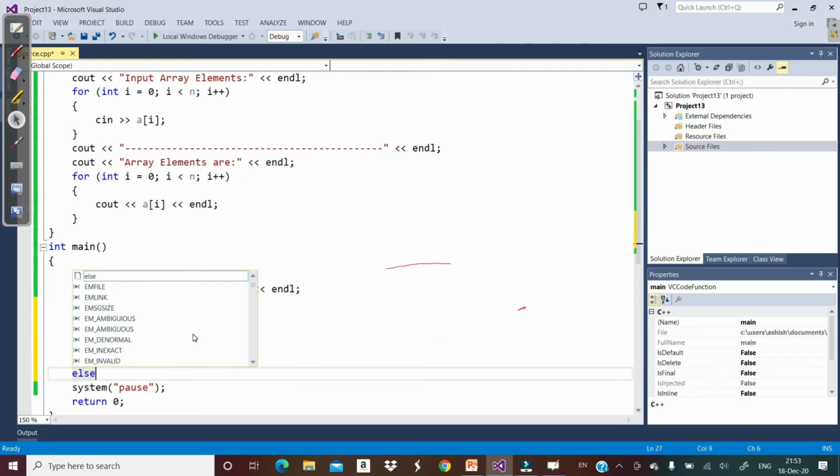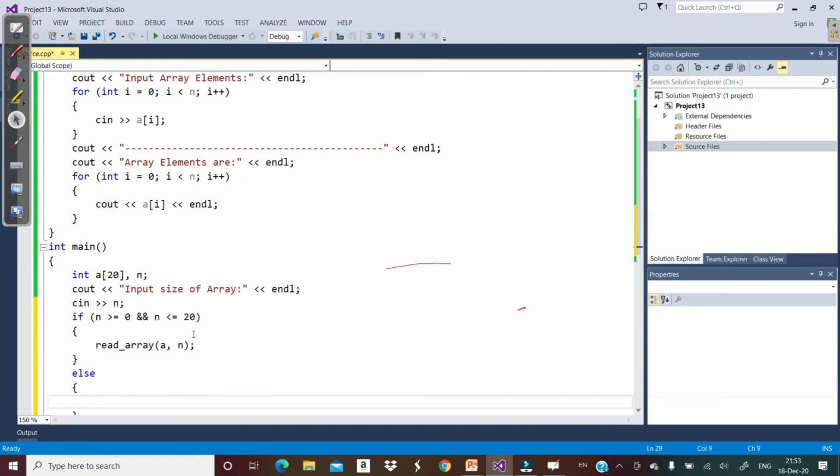Else we will say input array size, input n, n should be greater than or equal to 0, and n should be less than or equal to 20, endl.